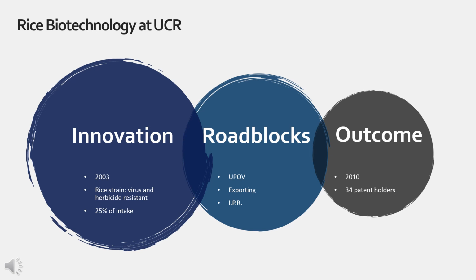In Michael Heller's The Gridlock Economy, written after the implementation of UPOV and CAFTA, he mentions the plight of these researchers at the University of Costa Rica. Quote, "before the university can sell the seeds to farmers, it must get clearance from the holders of as many as 34 patents."